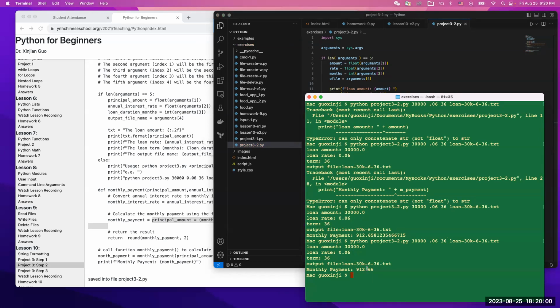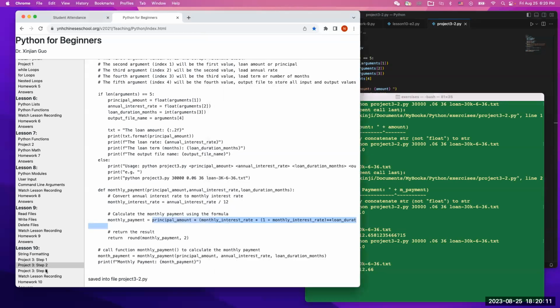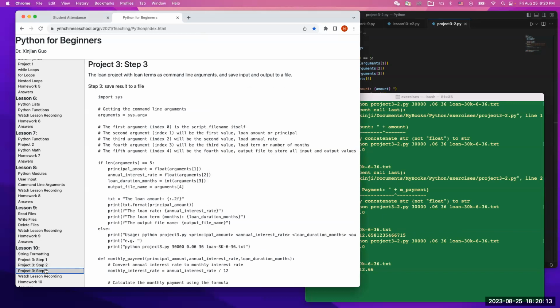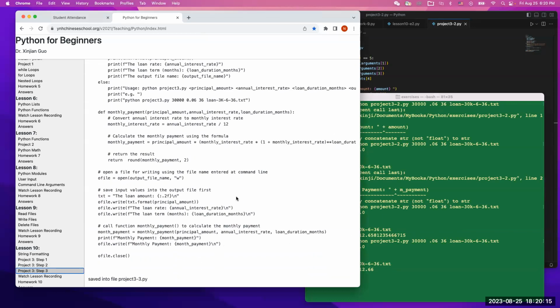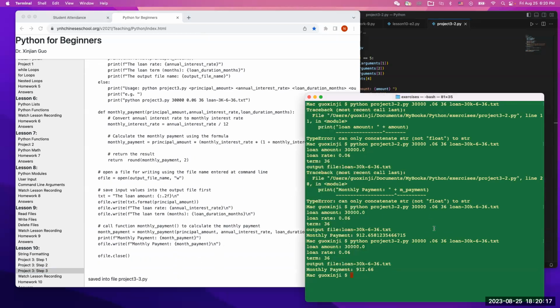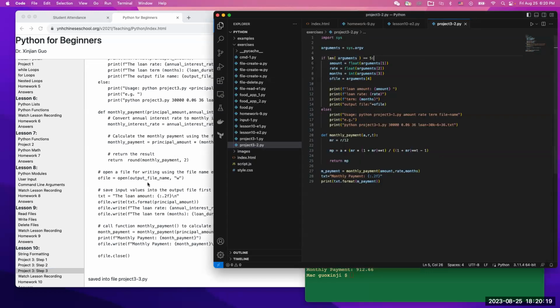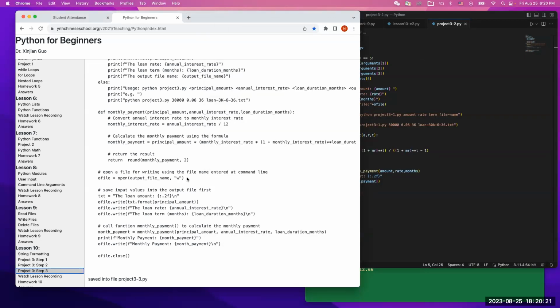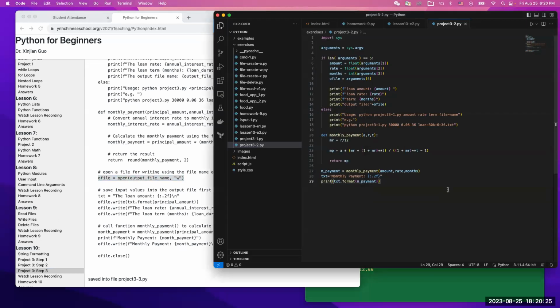Okay, that's step 2. Let's quickly do step 3. I don't want to keep you too long. We got step 1, step 2. Now step 3 is to save the result to a file. For that, we need to open a file. Let's open a file quickly and do that after the function